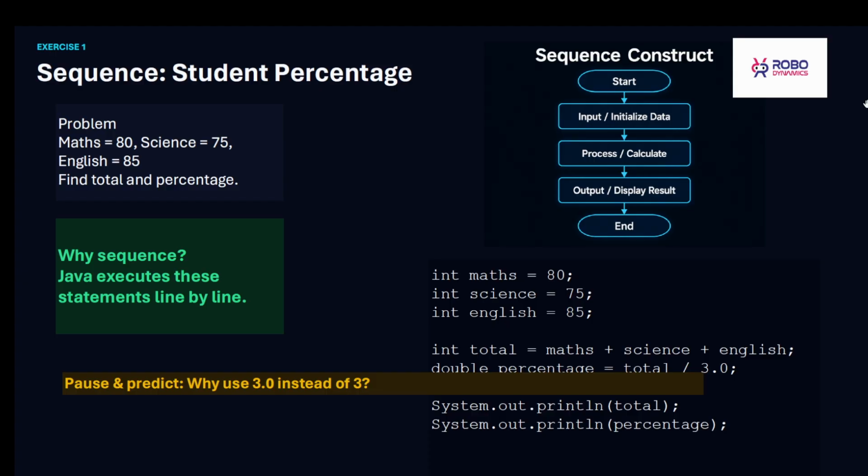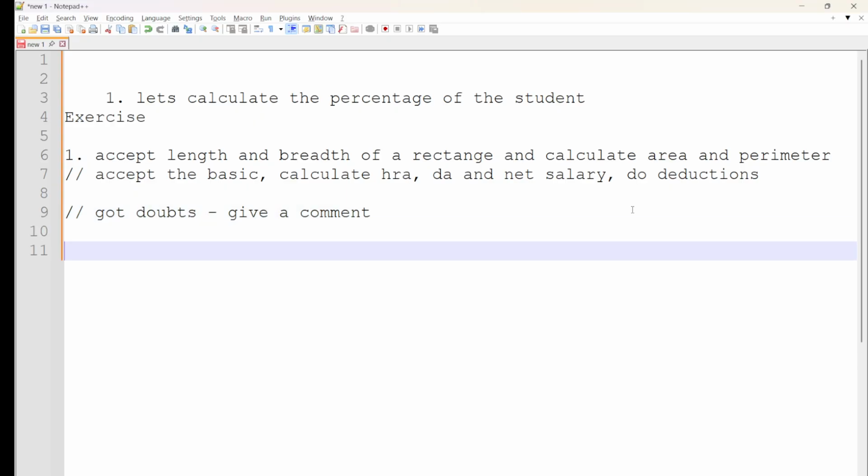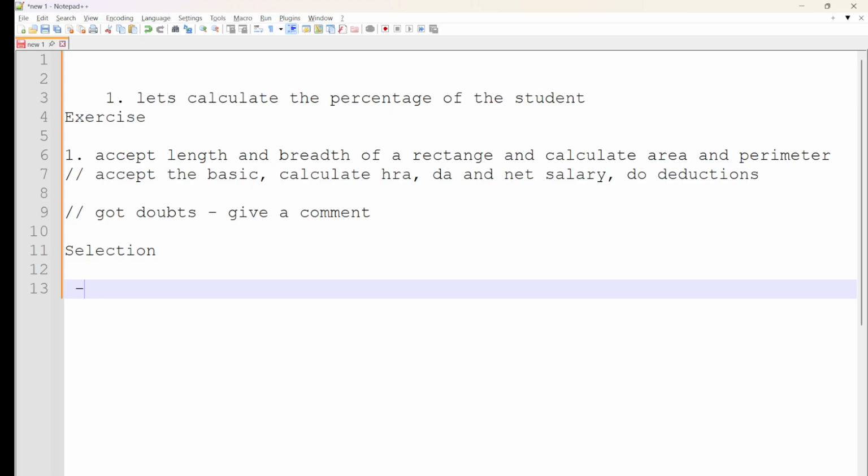We discussed sequence. Sequencing is all about starting, inputting, initializing the data, calculating and displaying the output. That's exactly what we did. Now the second phase of this particular video is on selection. Selection is all about decision making, and then deciding. There are a few syntaxes which we are going to do. If you ask me for selection, these are all the syntaxes there are, like